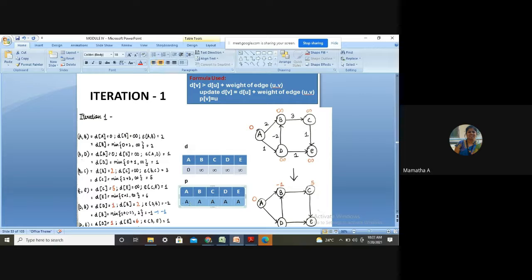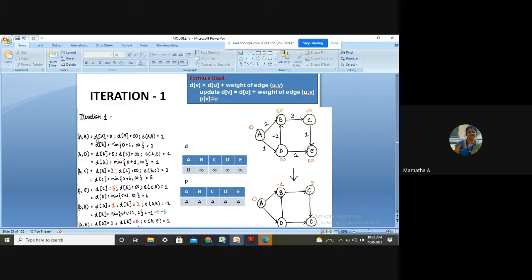All the entries are initialized to A, so what is A for me here? Is it every time A? What is A, students? Source vertex. So update all the entries in path with the source vertex. Okay, let us move now one by one. First iteration I will tell you, then the second and third will be the same there. Nothing to worry. So A to B, you can just take down.